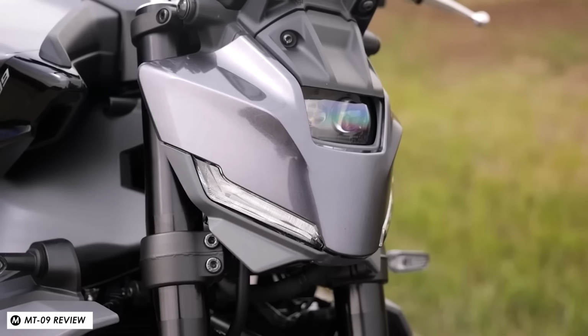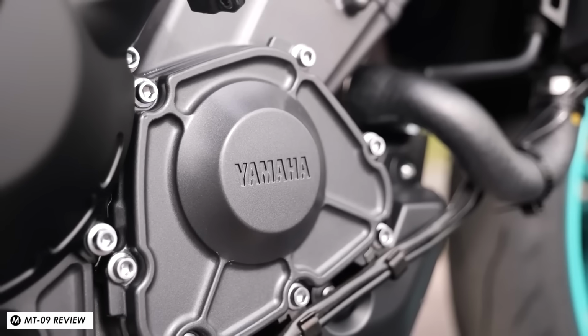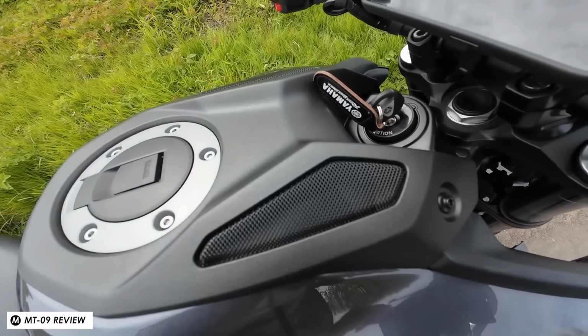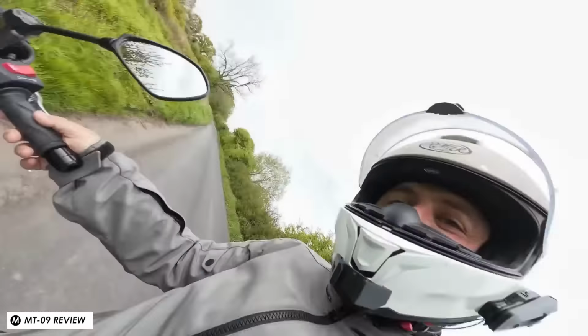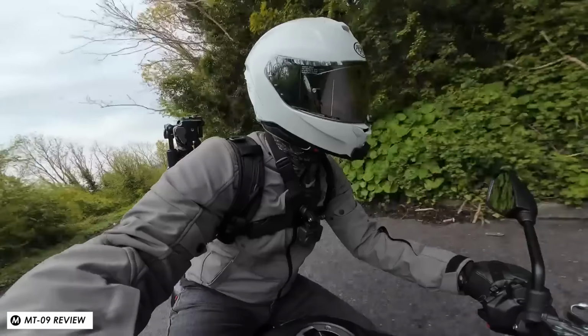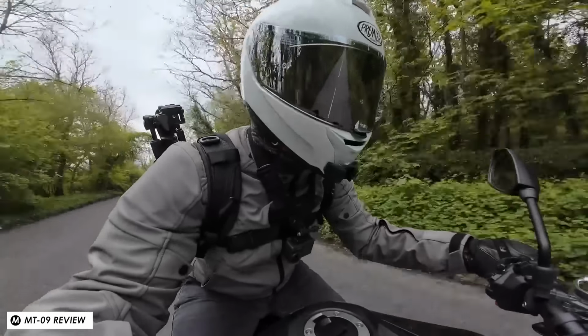Now for me, the benchmark in the naked category in terms of thrills per pound spent, if you're looking at a more serious bike, well, it has to be the Yamaha MT-09 with its brilliant 120 horsepower triple, a super fun chassis, striking looks, the R1 derived tech, and even that bike now has gone over £10,000 this year, so it's £10,106. Now look, we've got no idea as to whether a CB1000 Hornet is going to be anywhere near as good as an MT-09 out on the road, but at least on paper,